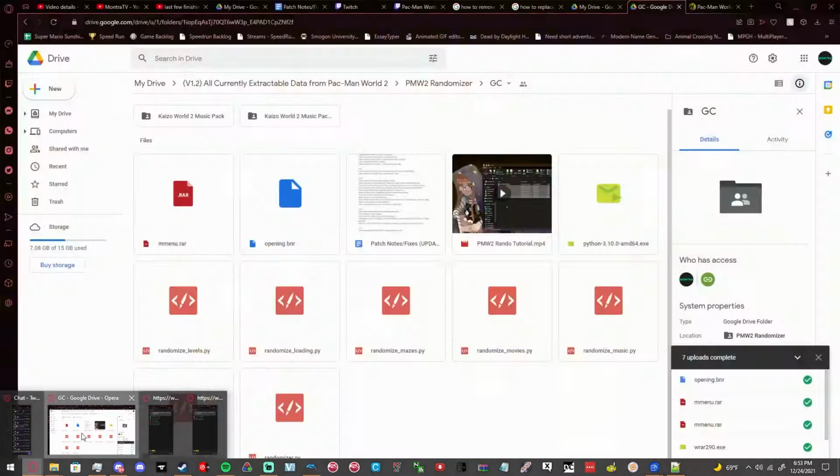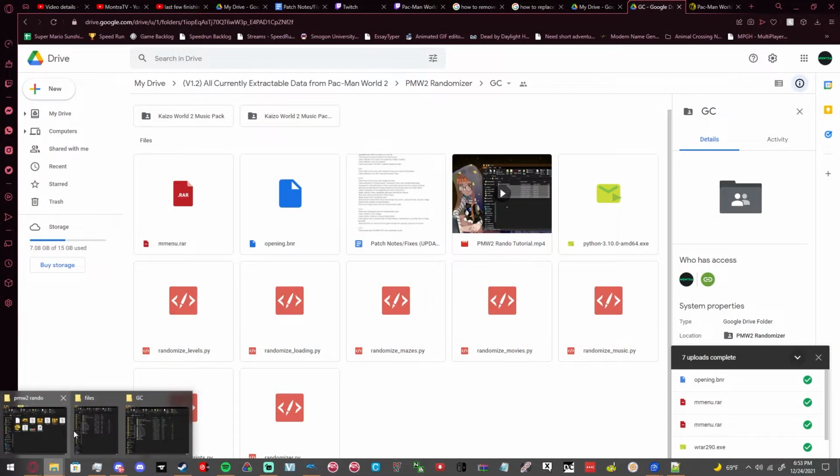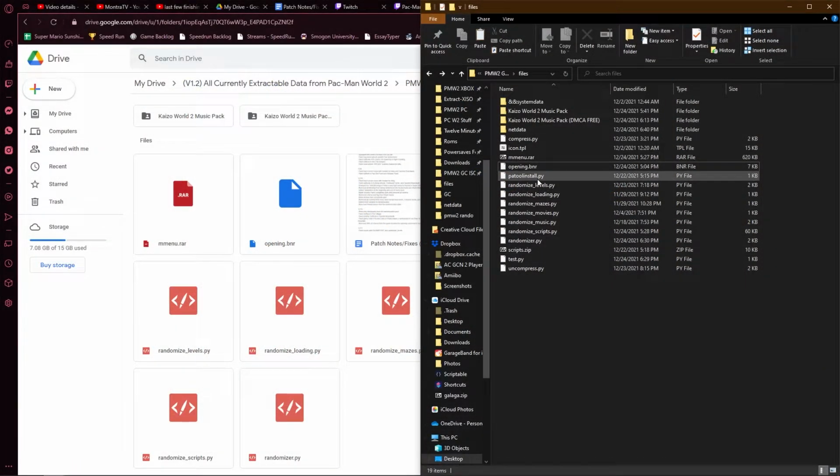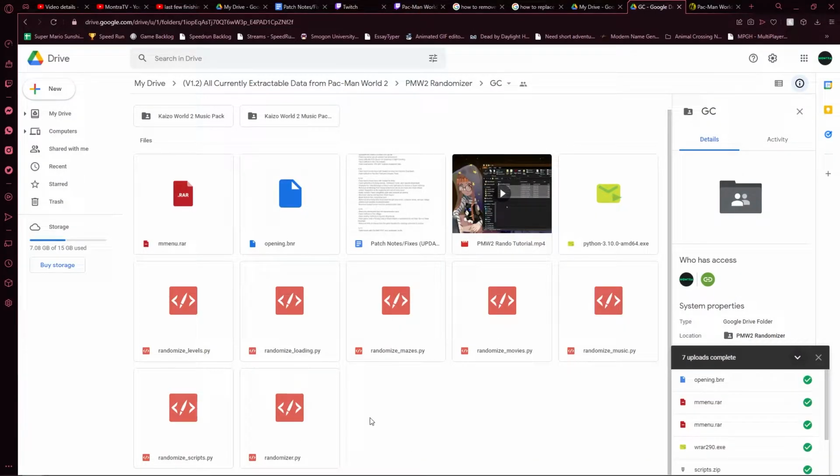The main ones you'll want to get will be, well, really you probably want to install all of them, and then you can just pick and choose which ones you want later on. This is the only way to really have customized randomizing. If you delete one of these scripts, then the randomizer will still work and it just will not randomize said thing. So you want to get all the scripts, so all the .py files, the .rar, the .bnr, and then